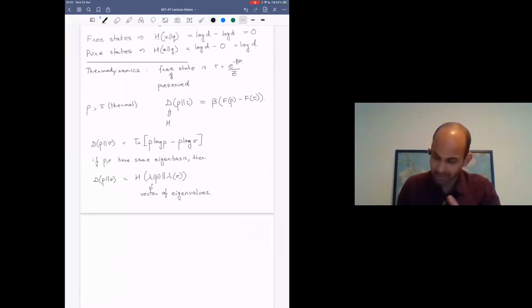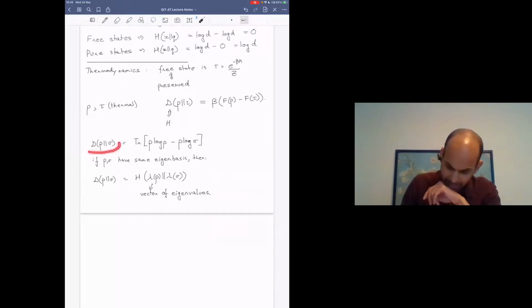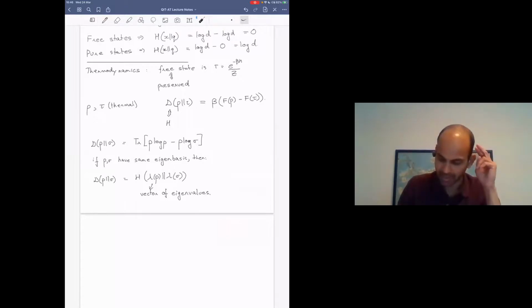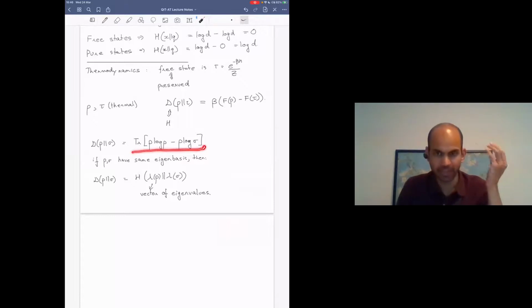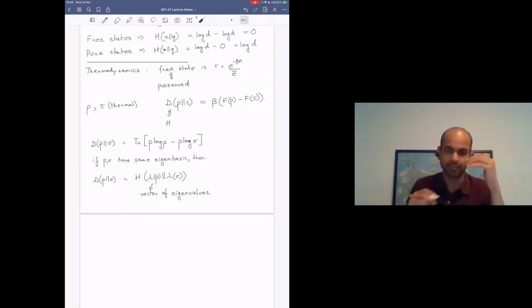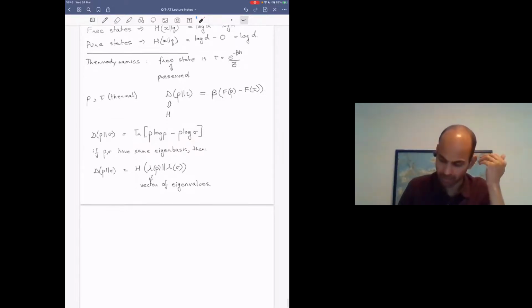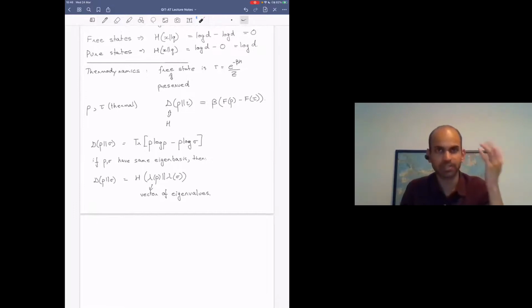Okay, so let's continue. Just to get back to the question that was asked earlier, this is the appropriate answer. The quantum relative entropy is defined via the whole density matrix as trace of rho log rho minus rho log sigma, as long as it's well defined. It can diverge sometimes, especially if sigma has a zero eigenvalue subspace that's not shared with rho, the same way that the normal relative entropy diverges. If rho and sigma have the same energy eigenbasis, then that can be simplified